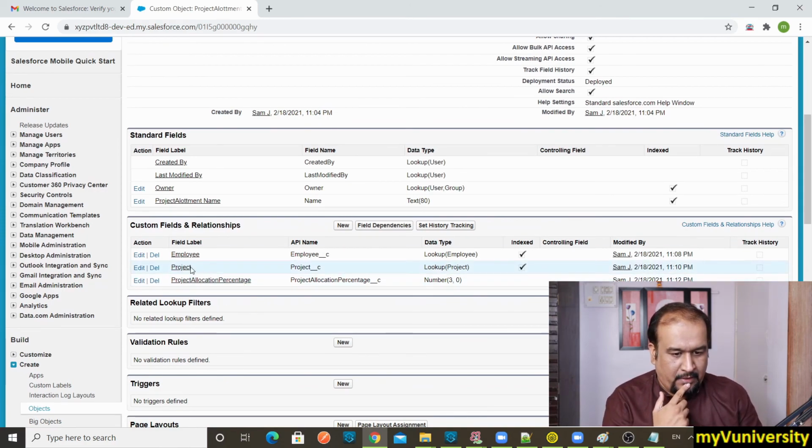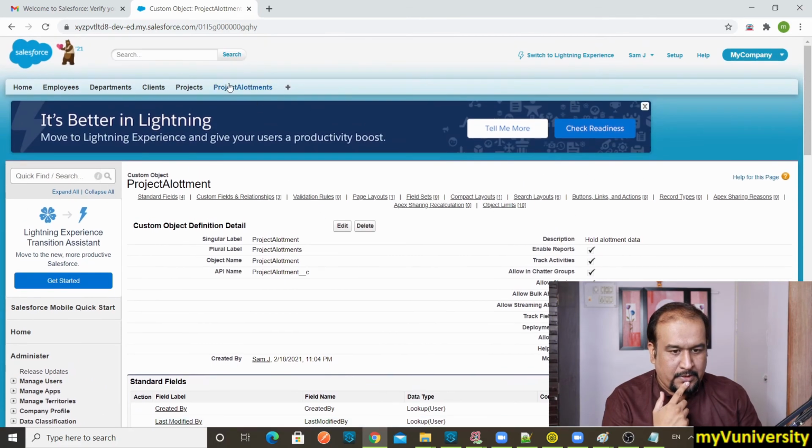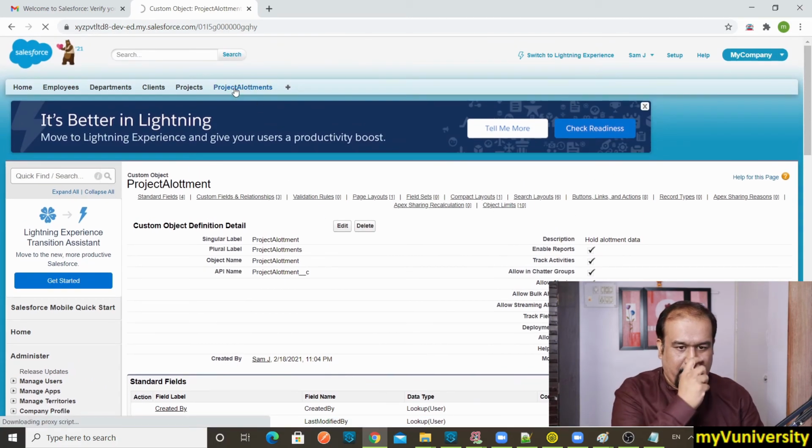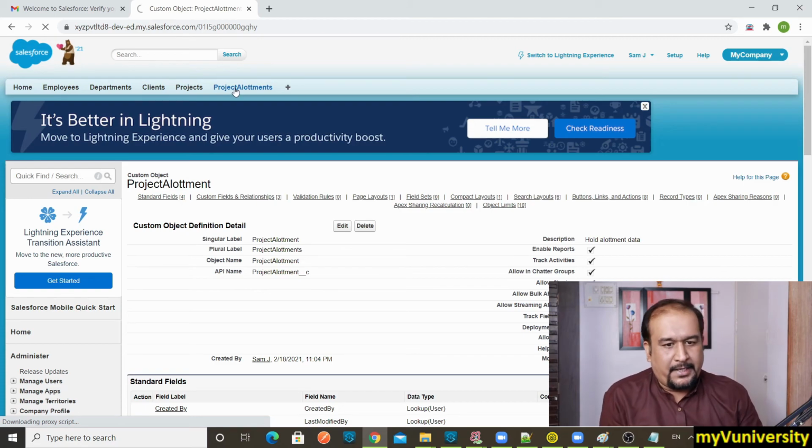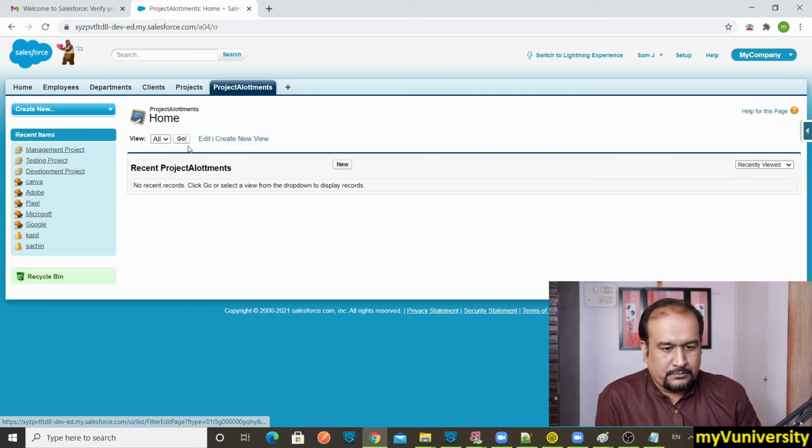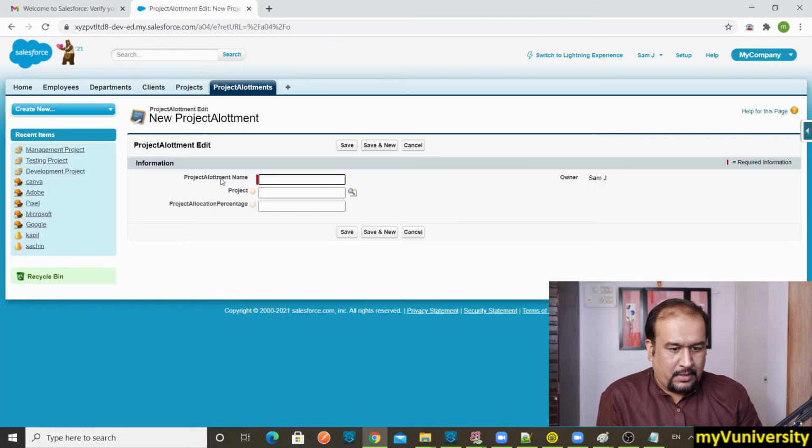Project lookup, employee lookup. I'm going to project allotment, and there I don't see the employee lookup. Why? If I say new, I don't have the employee lookup over here. Why is it not there?